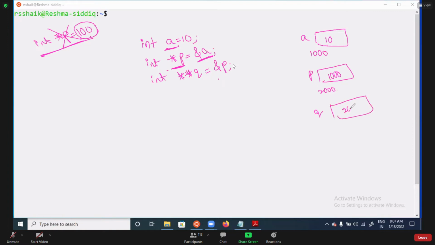So here you need to take this one. Am I clear? Now, whenever you are passing Q, Q is nothing but you are passing 2000. It is a double pointer. So in the function definition, I am going to take **K.